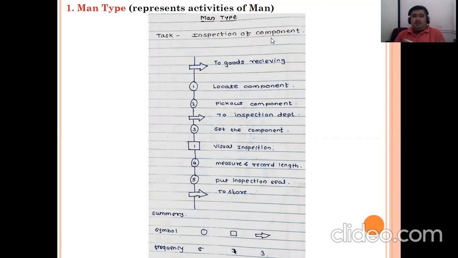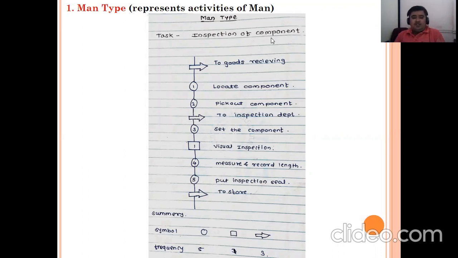No, if this is the particular component, then I will measure from this to this, how much, 5 mm. So I will write here 5 mm. This to this, it is 10 mm, so I will write immediately 10 mm. So like this, measuring things will be there, measure and record.